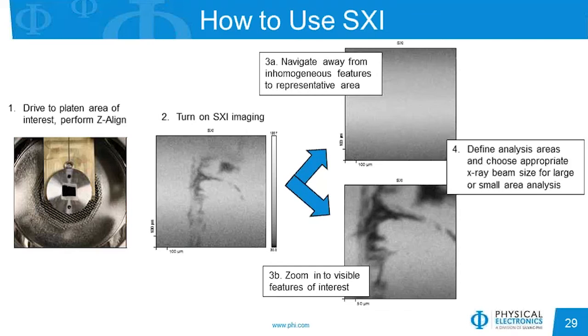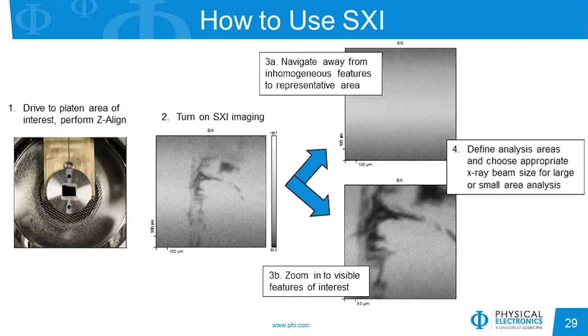Next, I will turn on SXI, and within a few seconds I will see an image such as shown here on number 2. And in the area that I have chosen, based on my photo movement, there is a dark smudgy spot right in the middle of my viewing area. Now if I collected a large area analysis from this region, I would be collecting from both the uniform area off the smudge and including the smudge itself, which may give me incorrect results